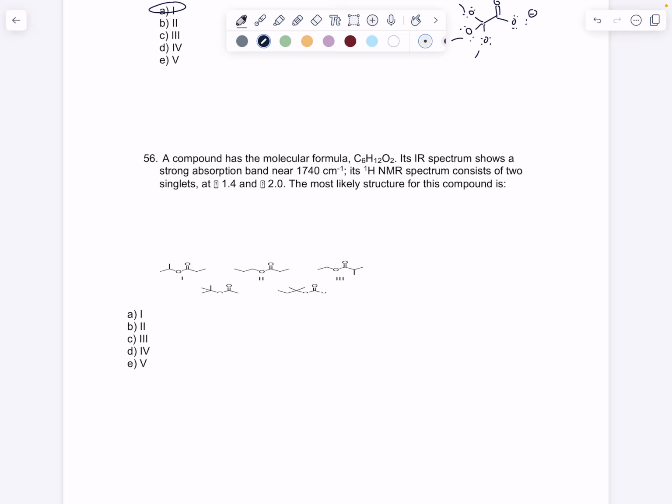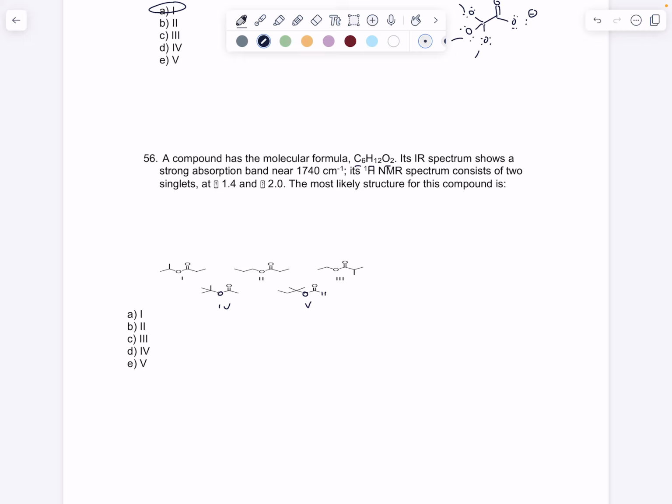Compound has a molecular, I guess this is the question, it just stretched out. Okay, so this is right, it just looks crazy. And this has a number 4 beneath it, and this has a hydrogen and an oxygen, and it has a number 5 beneath it. Okay, so molecular formula